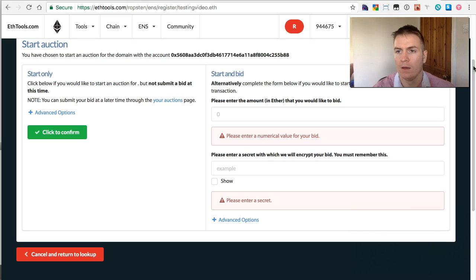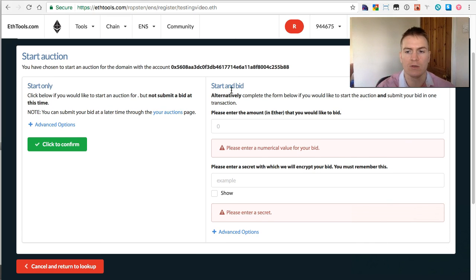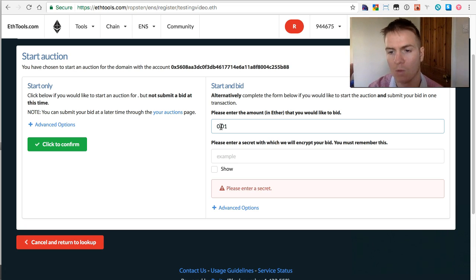Now you are presented with two main options. You can either start an auction or start an auction and bid. Of course, to win an auction you have to place a bid, but that is not to say that you necessarily want to place that bid immediately. In this case I am going to start an auction and bid, so I will enter my bid of 0.01 Ether, which is the minimum bid that you can make on a .eth domain name,